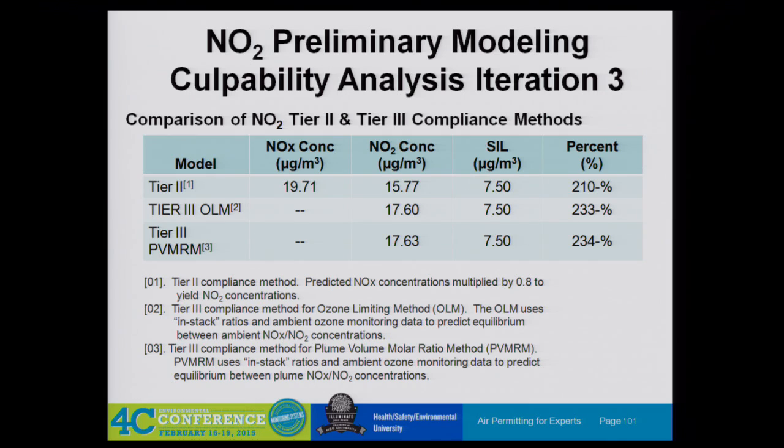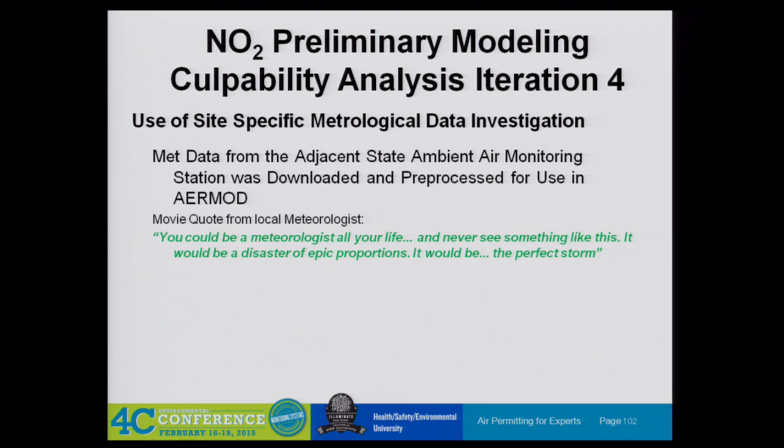Our NO2 concentrations actually went up a little bit, from 15.77 to 17.6, because we were in a NOx limiting atmospheric condition. The NOx was driving the ozone formation process. That was the limiting factor rather than the VOCs. So it just didn't work for us. So then we went to site-specific MET data